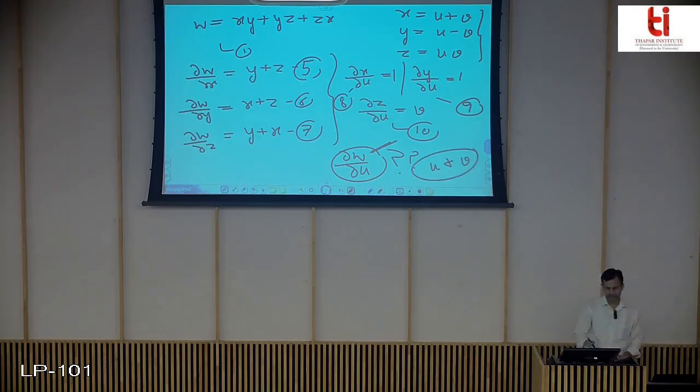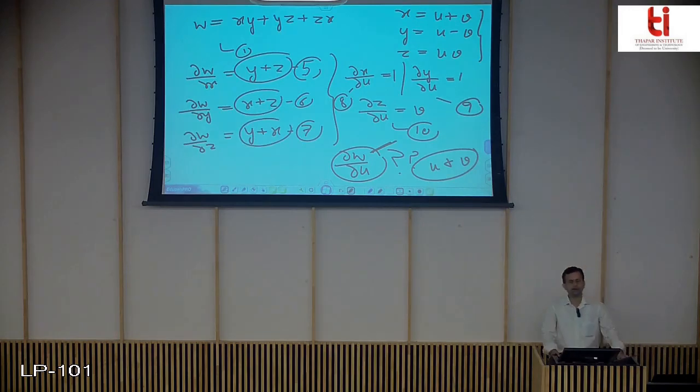However, here you can see in equation 5, equation 6, and equation 7, you are getting terms of x, y, and z. So you need to change these into u and v using this formula. Either you change it here, or you change it later. It depends upon the student whether to change the values here or after substituting in the chain rule formula for ∂w/∂u. You can do it there. So let me try this in the formula.